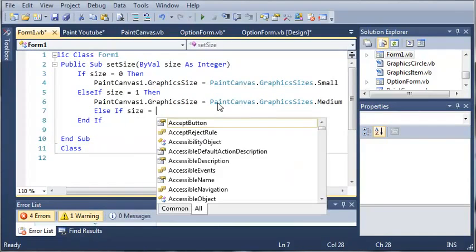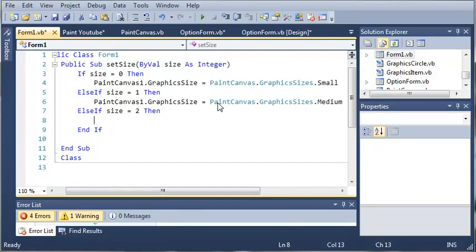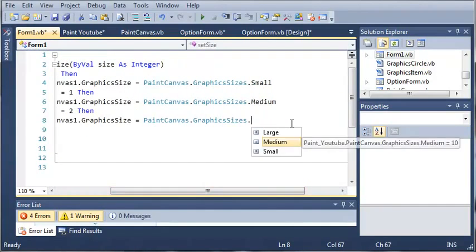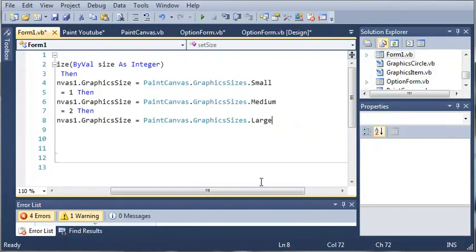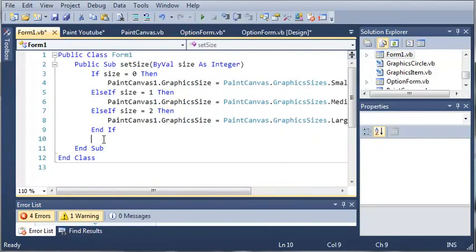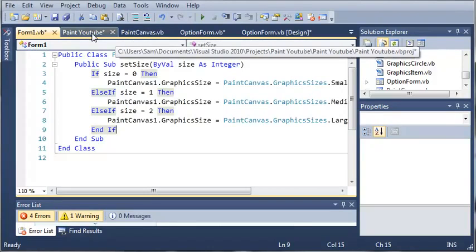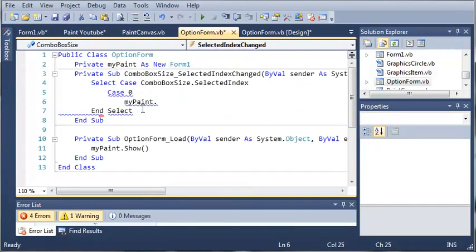So else if size equals 2, then what do we want to do? Well, let's just go ahead and copy this, and we'll set it equal to large. Okay, so now that we have our set size method created, let's come back here into optionform.vb,